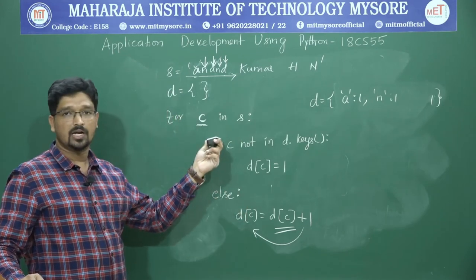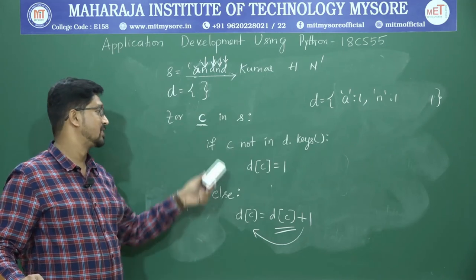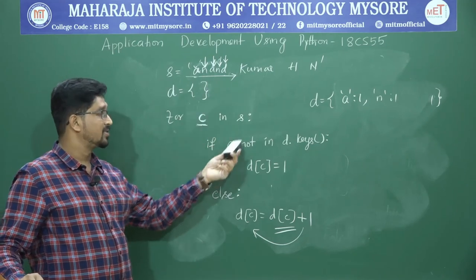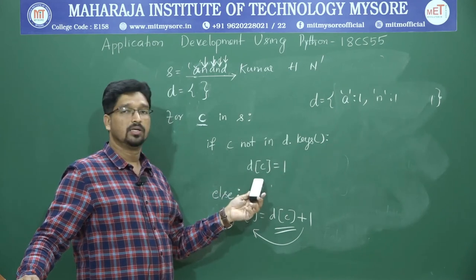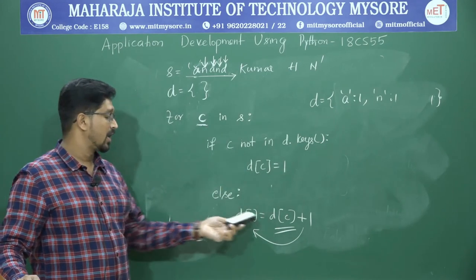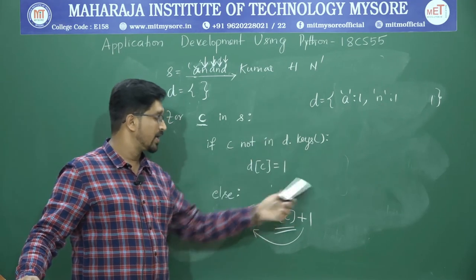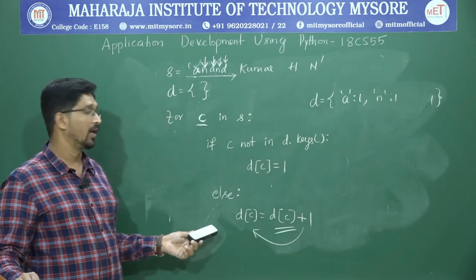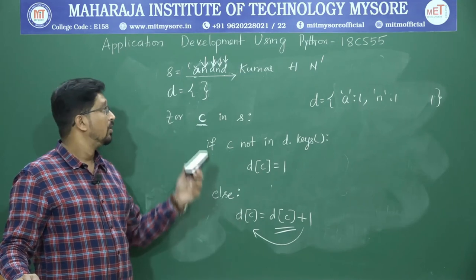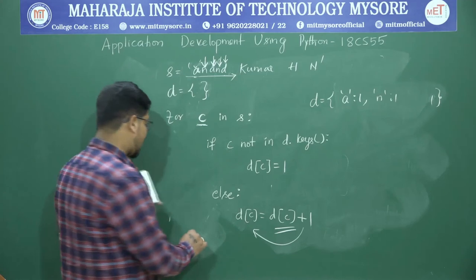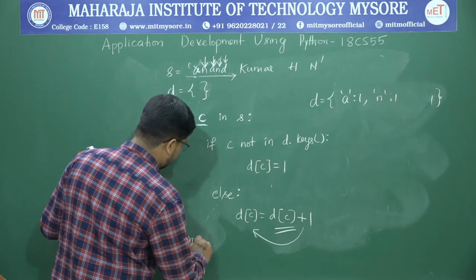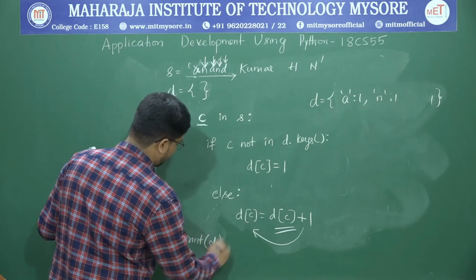So instead of using set default, we can use if and else. First I will check whether it does not exist inside the keys. If it does not exist, I will simply add 1 to it. If it already exists, I will access the value, then add 1 to it. Okay, this is how you perform a histogram of words. Then finally print the dictionary.